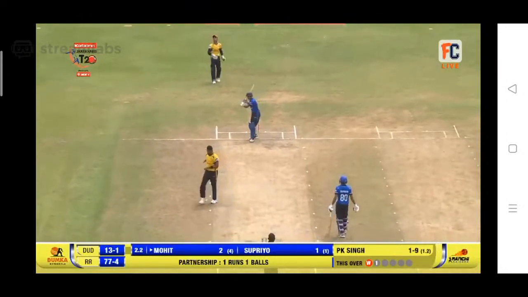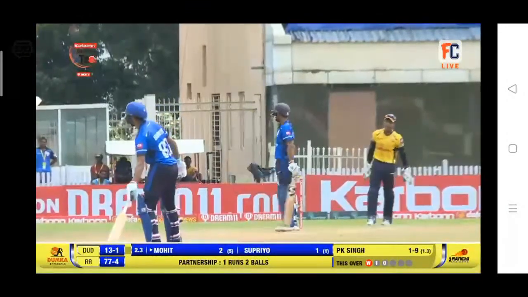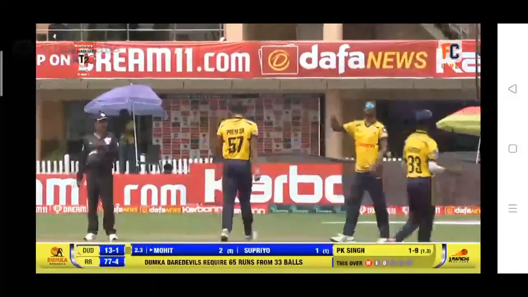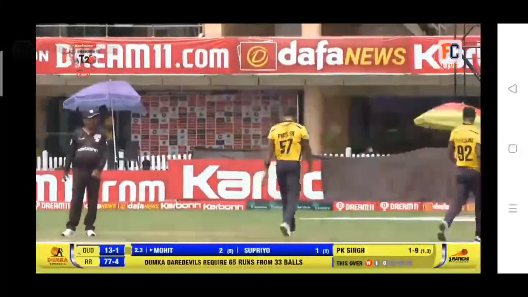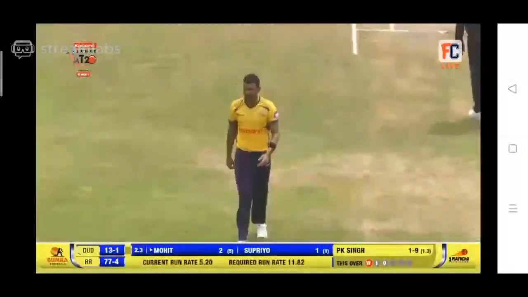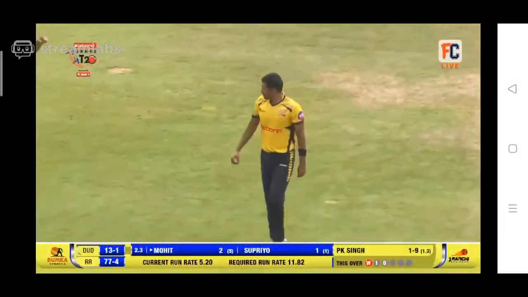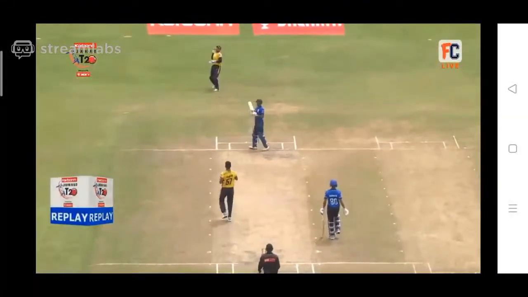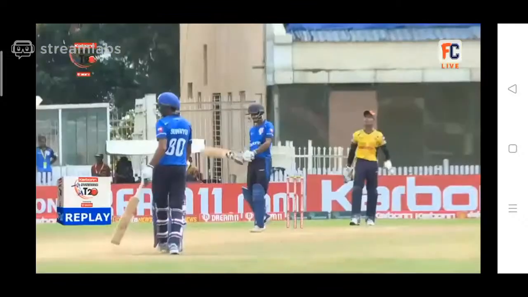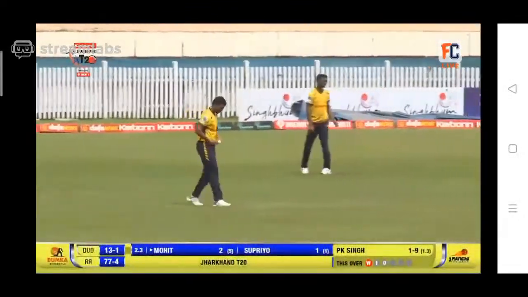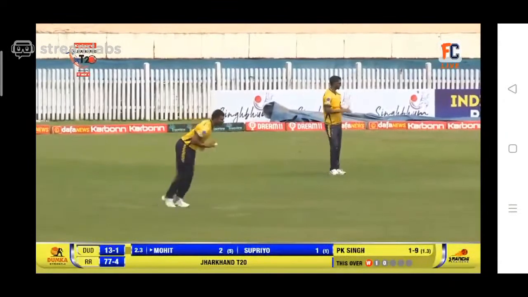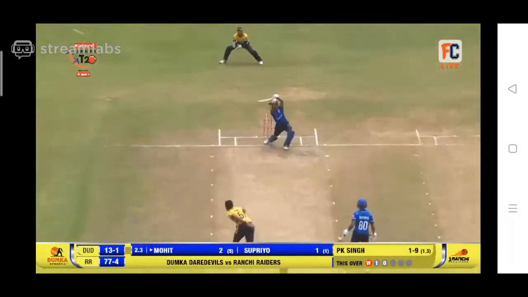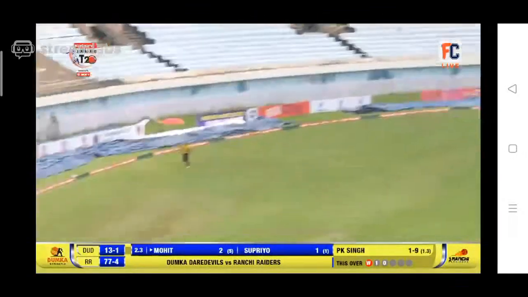Oh, once again, beautiful bowling. I said the ball has to be a little outside the off stump, and let the batsman try to drag the ball on the onside. They're not able to do that. No easy runs for the Dumka side. 13 for 1 after 2.3 overs. I told you at the beginning of the innings that this is chaseable but not easy. Quick wickets have put Dumka under pressure.